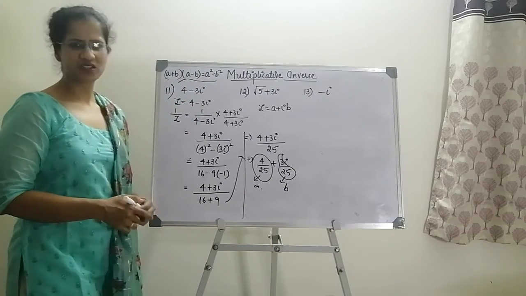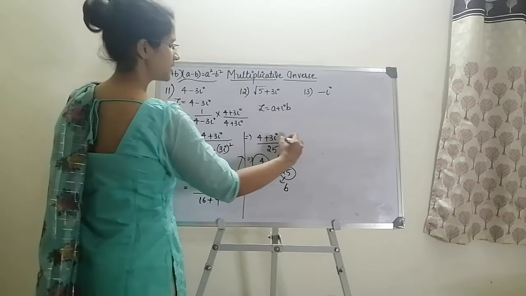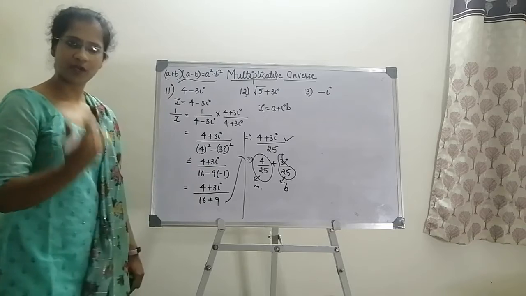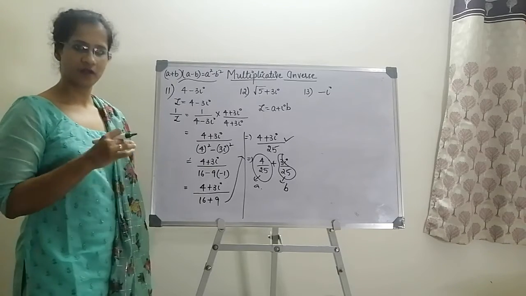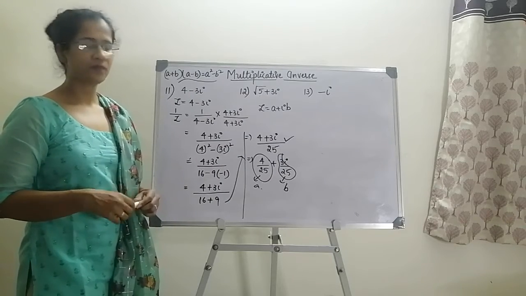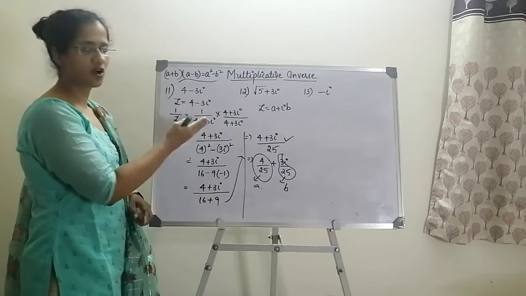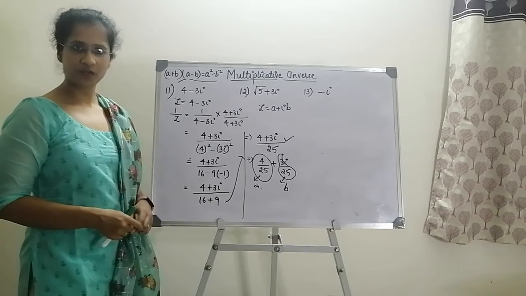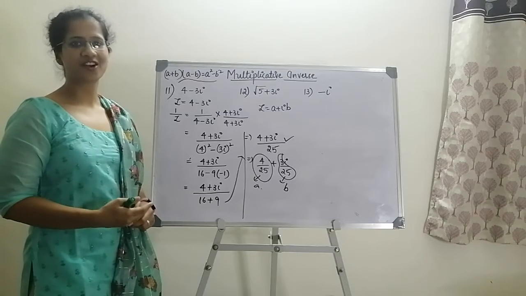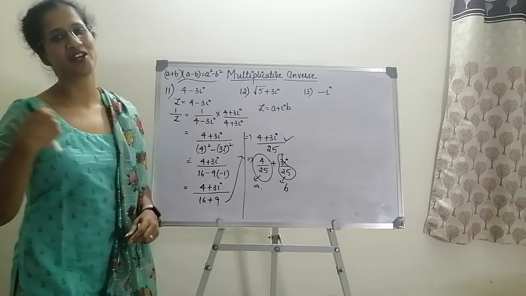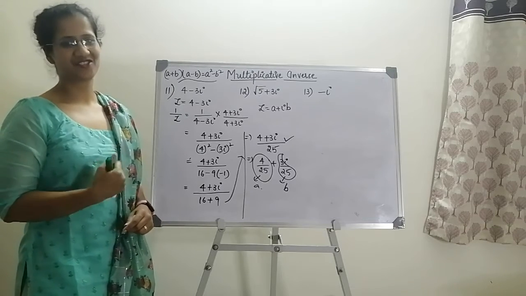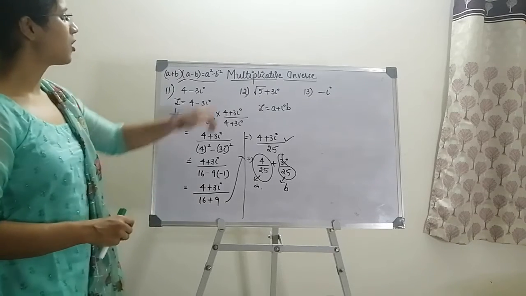This is something extra we are doing, but otherwise this is the multiplicative inverse of the given complex number 4 minus 3i. Because the rule says you have to write it in the form of z is equal to a plus ib, I have written it. Hope you people have understood. If any doubts in rationalizing on any of the steps, please pause the video. Please play it from wherever it is necessary and then understand the concept, understand each and every step and then only proceed. Please understand the concept because we all know concept is our strength. So with this note, we will move on to question number 12.